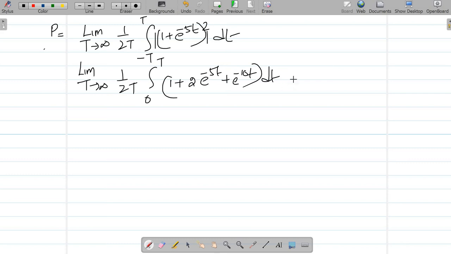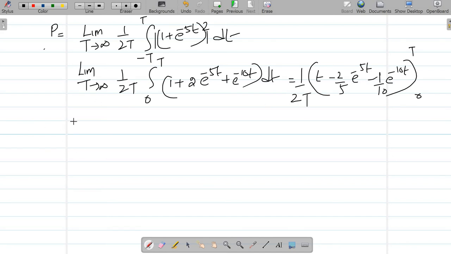If I take the integration, it is t minus 2 by 5 e to the power of minus 5t minus 1 by 10 e to the power of minus 10t, within brackets 0 to t. I have 1 by 2t and I have to apply the limit also. So it will be 1 by 2t into t minus 2 by 5 e to the power of minus 5t minus 1 by 10 e to the power of minus 10t minus 0 plus